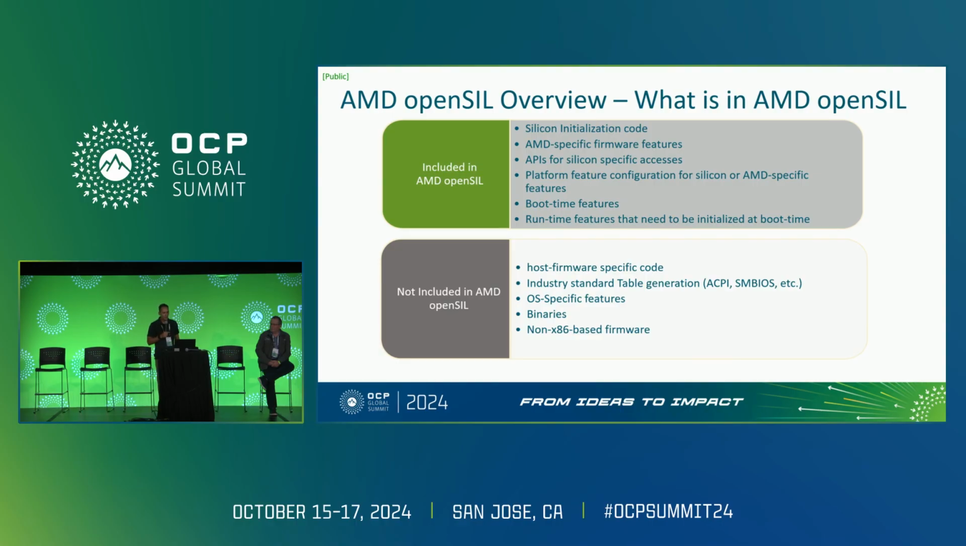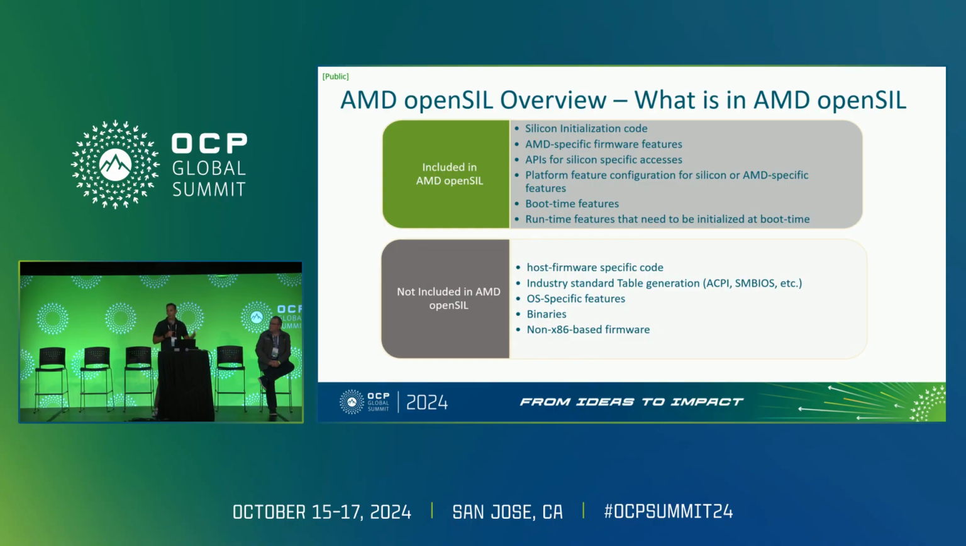So what's in openSIL? It's going to capture our silicon init code, AMD specific firmware features, APIs for silicon specific accesses, boot time features, and runtime features that are specific to AMD silicon and need to be initialized at boot time, things like that. What we will not have in there is any host firmware specific code, so it doesn't have a concept of the EDK2 boot phases like SEC and DXE and PEI and things like that. Industry standard table generation is not there,